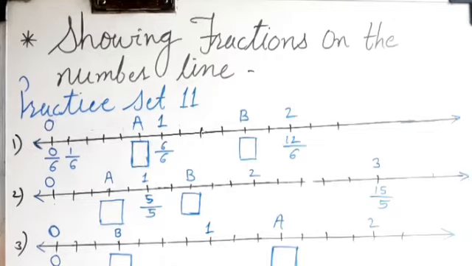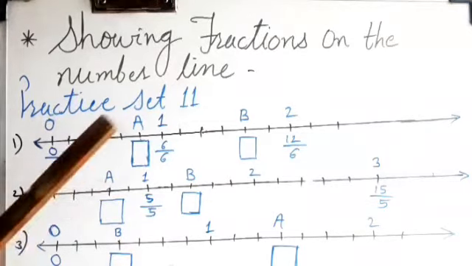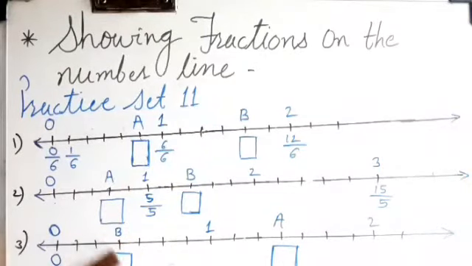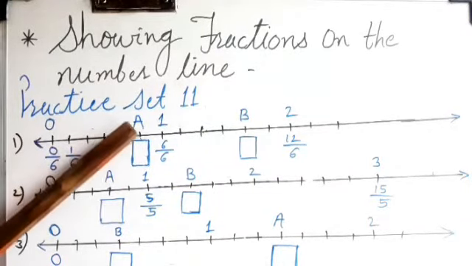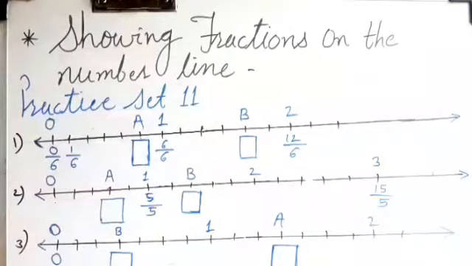the number lines below? Here number lines are given to you, and in each number line 3 examples are there. In each number line, points A and B are shown. You have to tell which fraction will be on point A, and which fraction will be on point B. You have to observe each number line carefully.